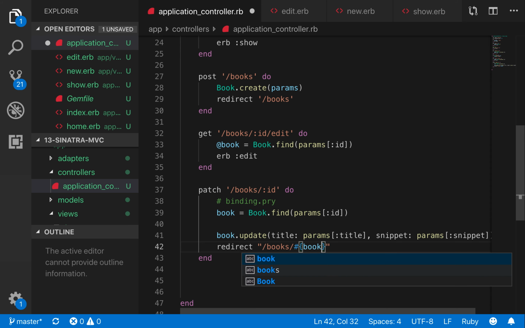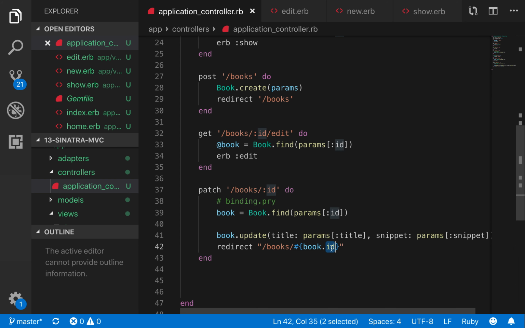So we're gonna say book.id. You want to redirect to the new book that you just made? No, I want to redirect to the book that I have made change to, not the new book. The book is already present, so the previous book that I have just made change to, and now we are redirecting to that book. So I can just say book.id, and then if I save it,